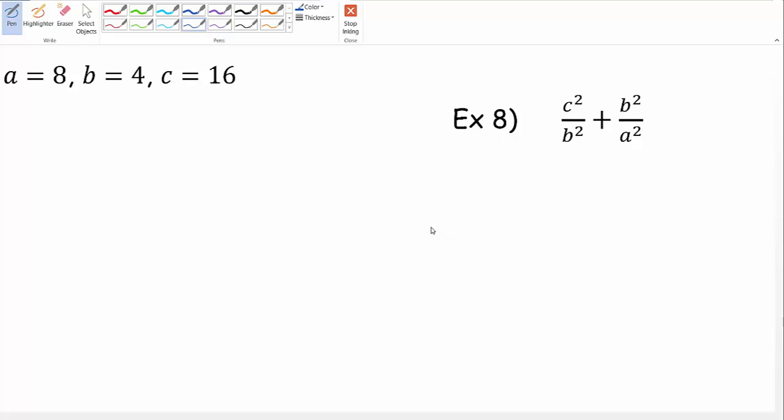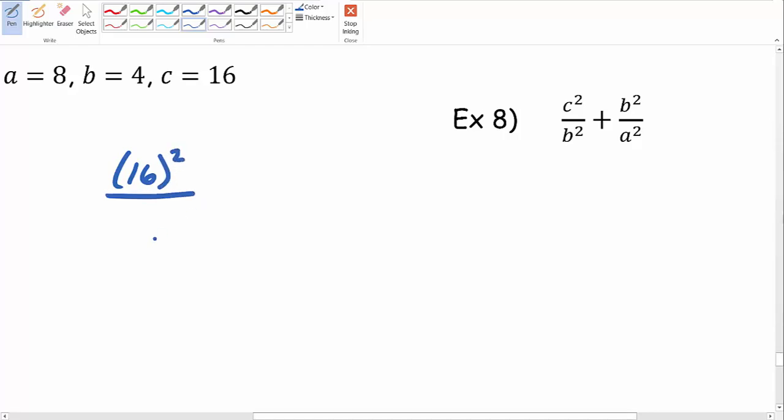Here we are at example 8 from our 0.1 number 2 set of notes. We're asked to evaluate this following expression where we know a, b, and c. Again, we're going to go ahead and just start out by dumping in the a's, b's, and c's where they are appropriate. So if we have c squared on top, that's pretty much 16